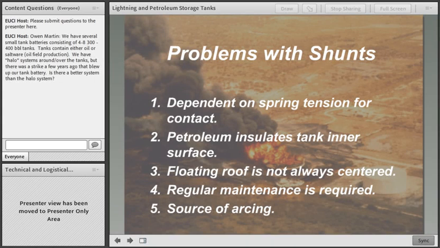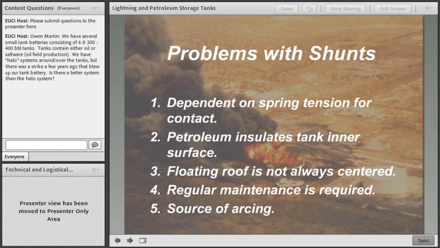Number two, you could have deposits accumulating on the inside of a tank. So for example, suppose the tank contains crude oil. Well, you may have tar or wax or paraffin or whatever building up or accumulating on the inside of the tank. You may also have, if the tank is not painted, rust or corrosion on the inside of the tank.